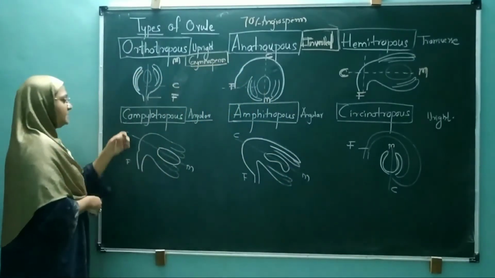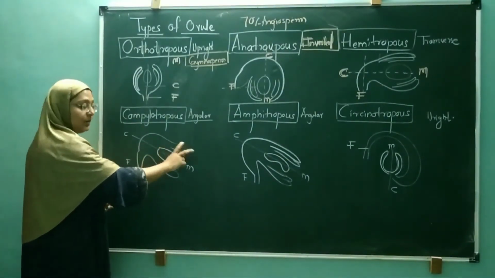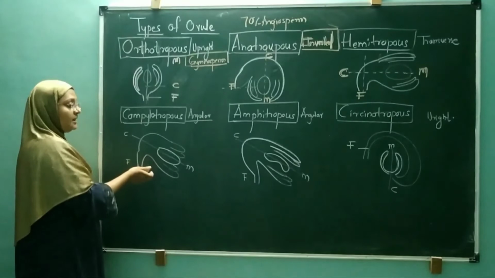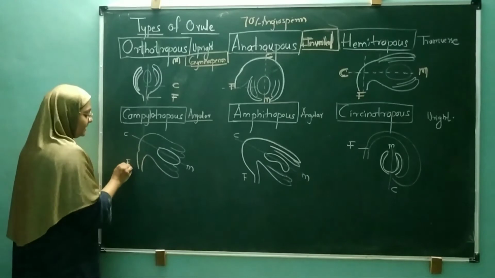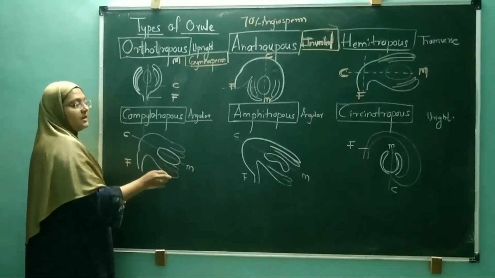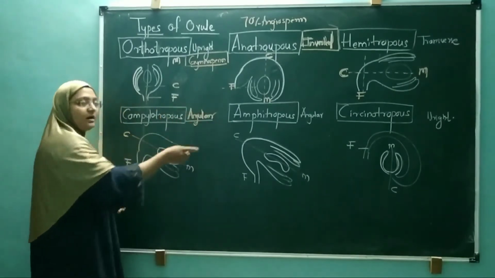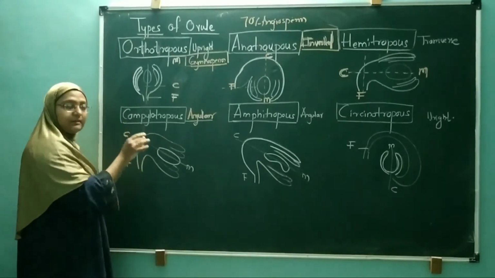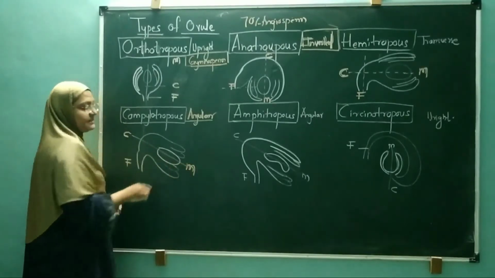Next to this one is the campylotropous. Campylotropous, where the integuments become angular in nature. They are not perpendicular to the funiculus; they form about a 45 degree angle. They are twisted somehow towards the perpendicular. That's why it is called the angular one. They form an angle, not exactly 90 degrees, somewhere near 40 to 45 degrees. And the chalazal end and the micropylar end are in the same line.